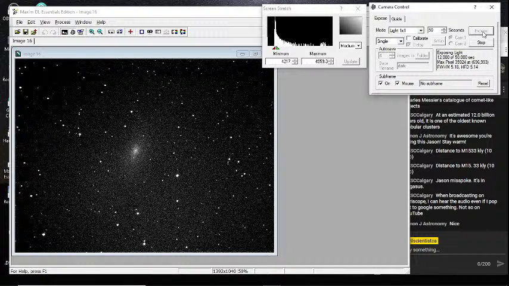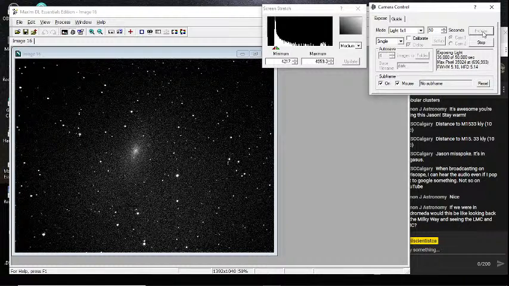It's a galaxy that's orbiting the Andromeda Galaxy, so it's also a little over 2 million light years away. But it's considerably smaller. It's a very small satellite galaxy of M31. Just waiting another 20 seconds here to get a deeper image.